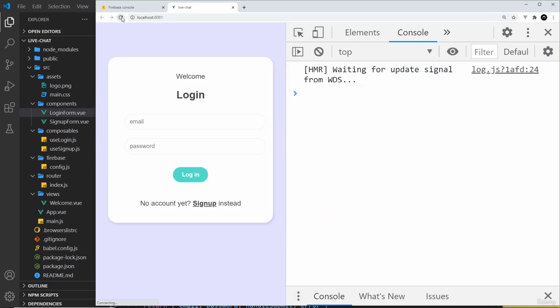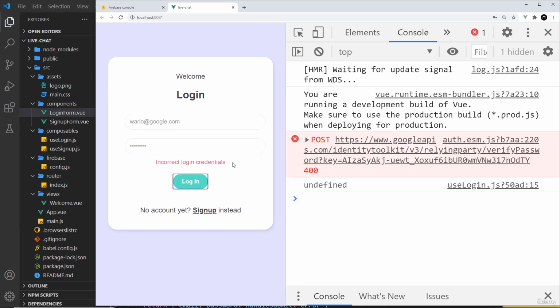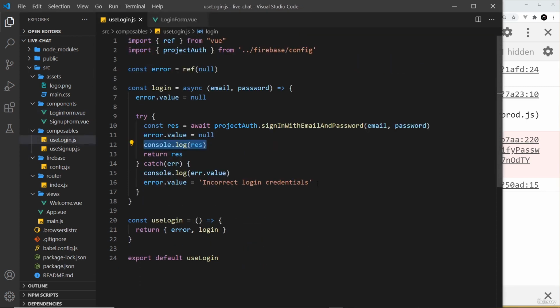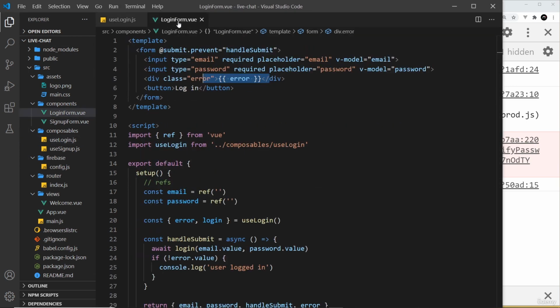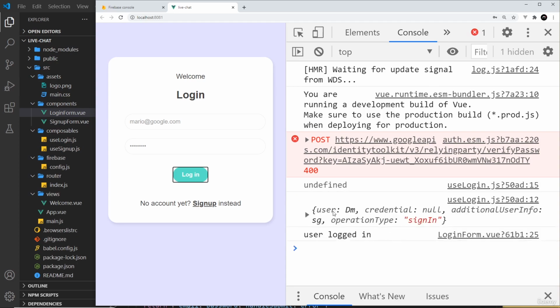So I'm going to save that and come over here. I'm going to refresh and try wario@google.com again and test1234. I'm going to try and log in, and now we can see incorrect login credentials, which is the error we specified right here. Okay, so this is all working now, and if I change this to Mario, that error should go because we're